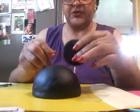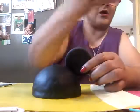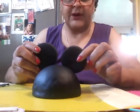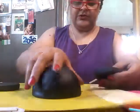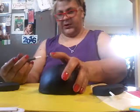So what you're going to do is figure out where they're going to go. I can never get this, but if you see, this pretty much looks like where they would go. So I'm going to use my